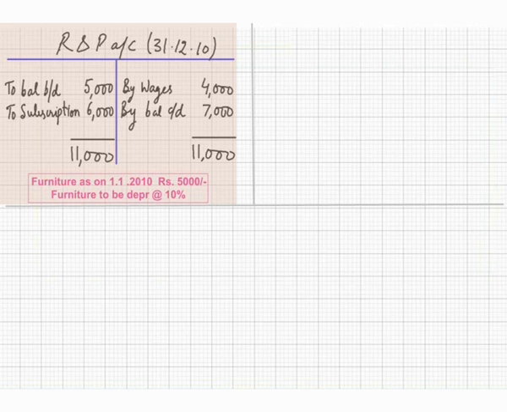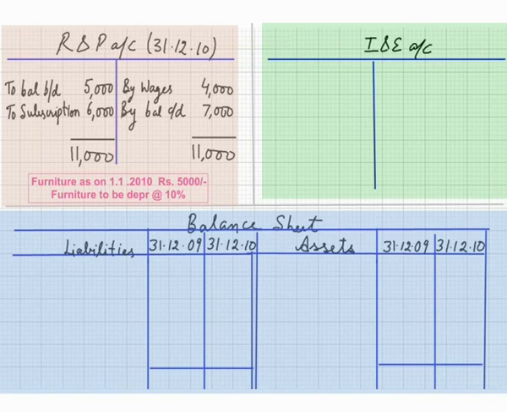So first of all, you are asked to prepare the income and expenditure account and balance sheet as on 31st December 2010. So write down the format of the income and expenditure account in T shape, and the balance sheet. But be careful, you have to prepare the balance sheet for 2 years, for the current year as well as for the previous year. Although the question has not instructed you to prepare the balance sheet for the beginning, you are supposed to prepare it to make the question convenient. And this format should be ready with you. Be careful. Whenever you solve this question, try to solve it on double sheets.